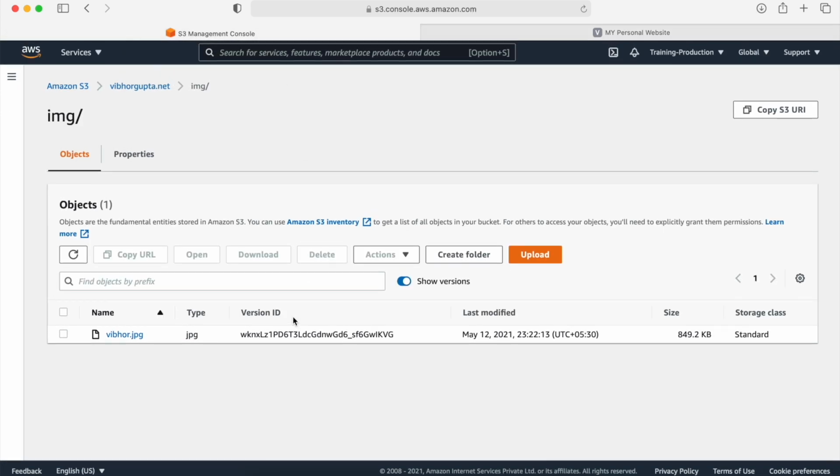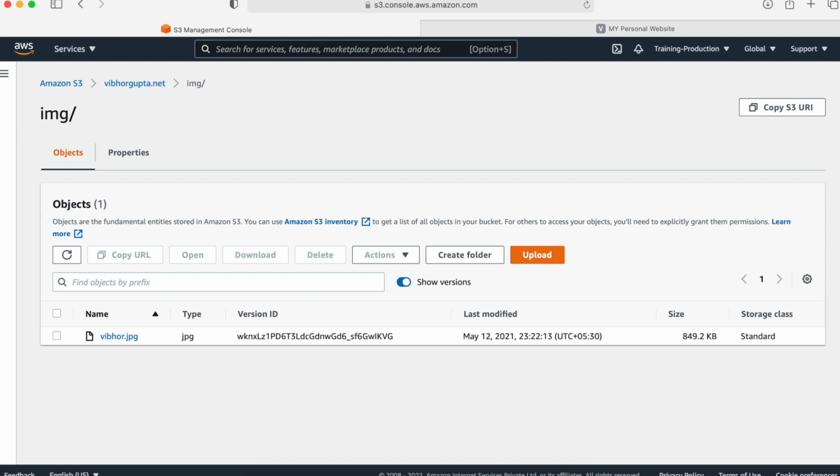In the same way, if we have to add another version, a new document is added with the new version ID. One thing we need to remember here is that suppose our object is of 5 GB and when we add another version of the object, then our total storage has increased from 5 GB to 10 GB because we are storing two versions.